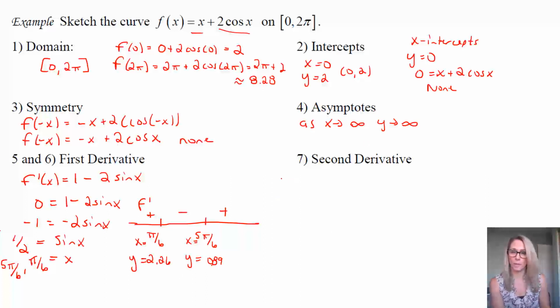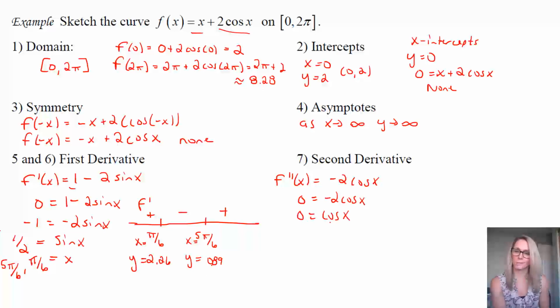And then we just need our second derivative. Notice we're never going to lose derivatives here. We're always going to have derivatives because of the derivatives of that trig part. So when we take the derivative of the first derivative, the derivative of 1 is just 0, so that's going to be gone. Then we take the derivative of negative 2 sine x, and that's going to be negative 2 cosine x, because of course the derivative of sine is cosine. We're going to set that equal to 0: negative 2 cosine x equals 0, not very exciting, so cosine x equals 0. But I'm going to bring it up here.